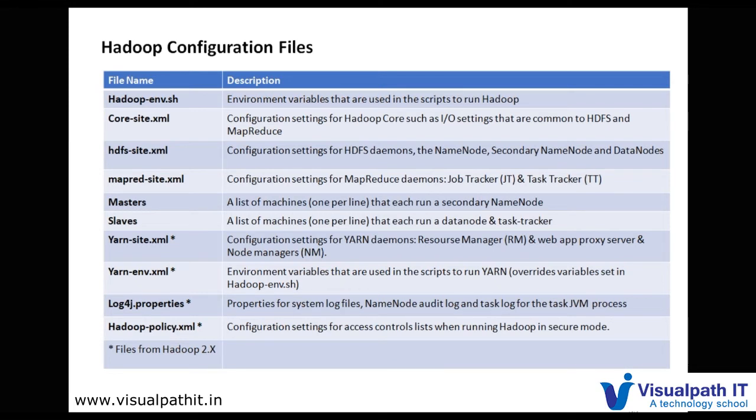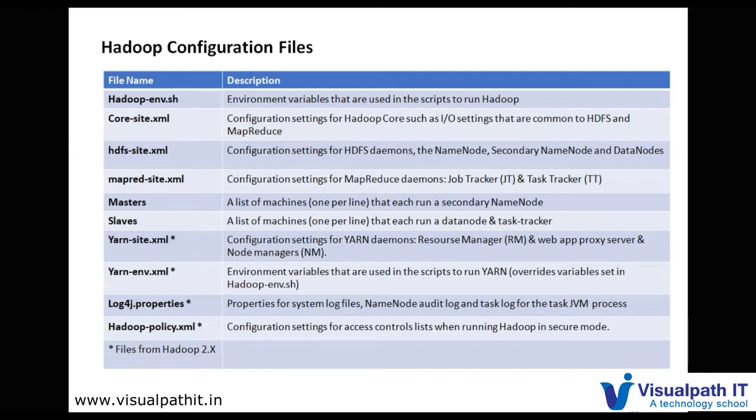And also yarn-env.sh, which holds the environment variables used in the scripts to run YARN, and overrides the variable settings in hadoop-env.sh. And log4j.properties is for system log files, the NameNode audit log, and the task JVM process logs, which we are going to mention in the log4j properties. And